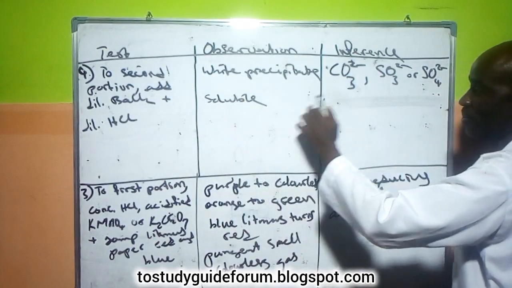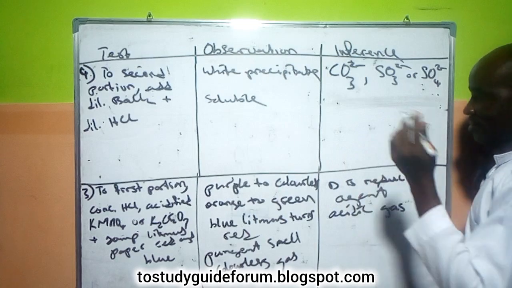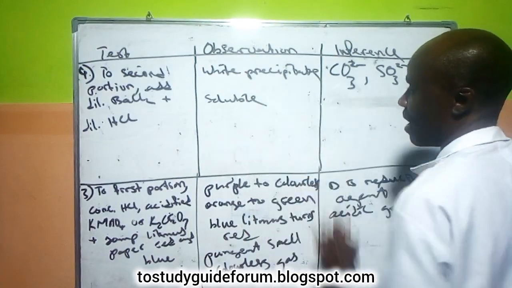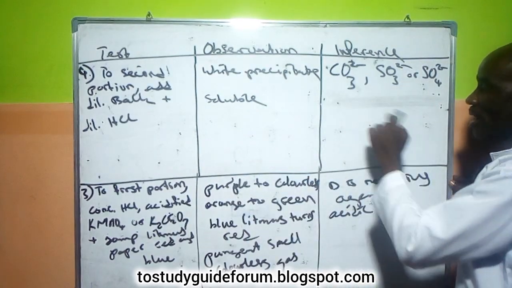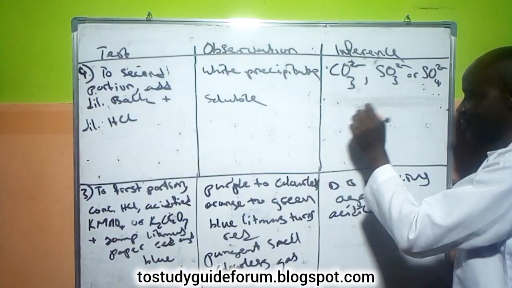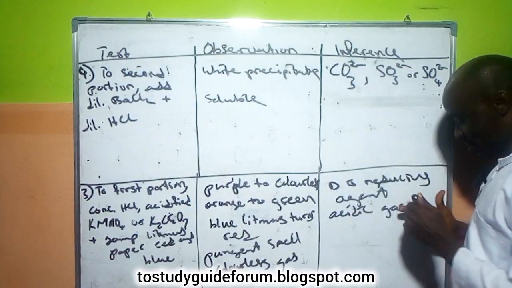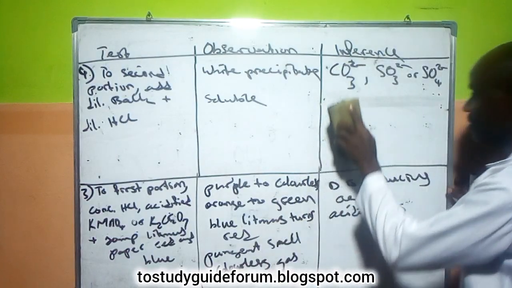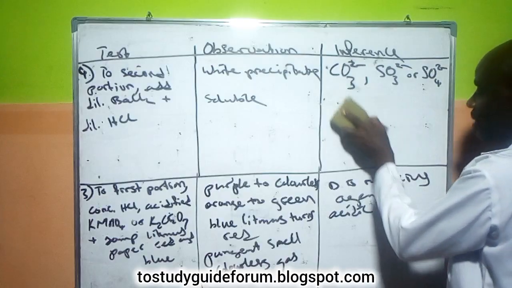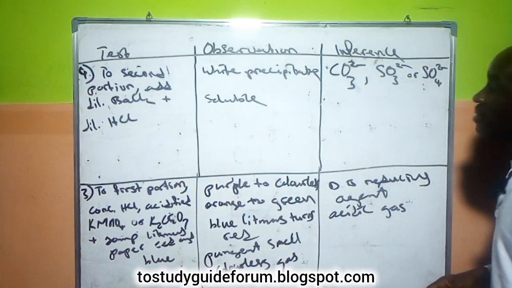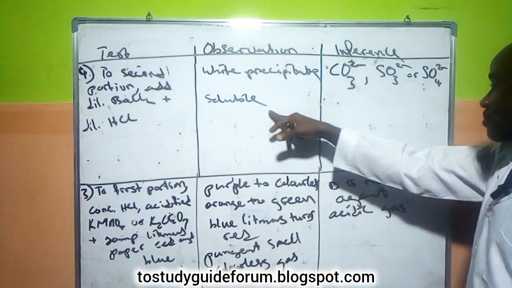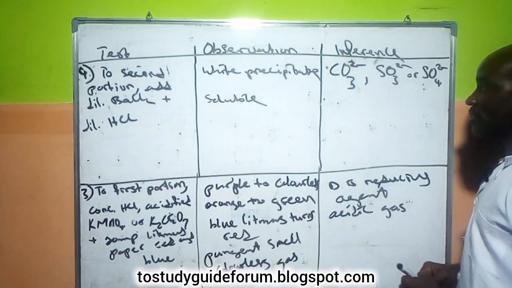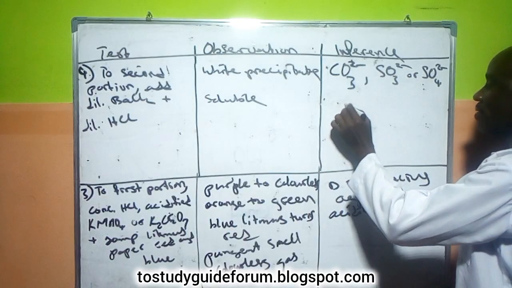Soluble already. I've done soluble. What we have here, what's that thing? So what we have is soluble here. In this inference, sorry, I just messed something up. Sometimes our brain will just be working faster than what we're doing. So since we have soluble, what it means is that one, we have